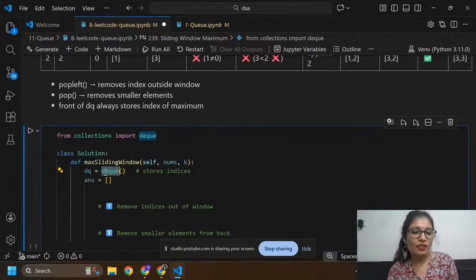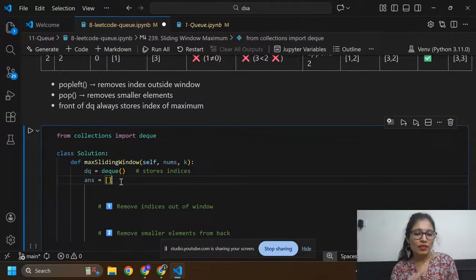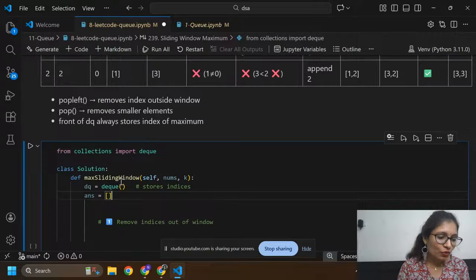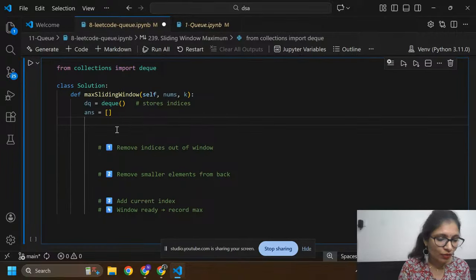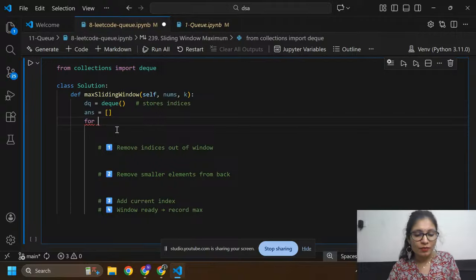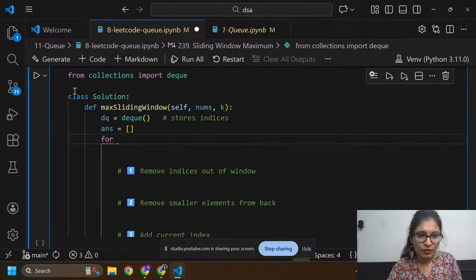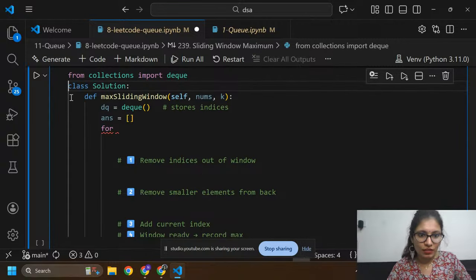The answer should also be empty because we are going to store our answer here. After this I am going to use a loop, so after the answer I am going to write the code for the loop.